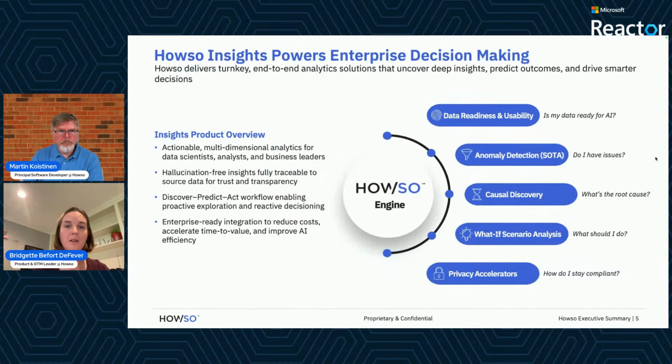In the next slide, I wanted to just talk about what that algorithm allows us to do capability-wise. We like to categorize it into 3 different types of categories, even though I'm showing 5 tabs here. So I'll walk you through those. The first thing that we think of is using Howso as a data readiness and usability tool. This is essentially helping customers answer the question, is my data actually ready for AI? Do my agents and LLMs have the context that they need and the full insight into their data that they need in order to do their jobs effectively?